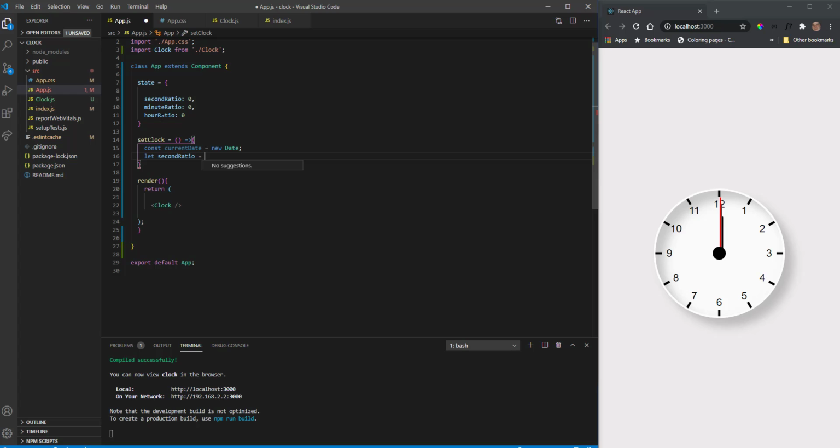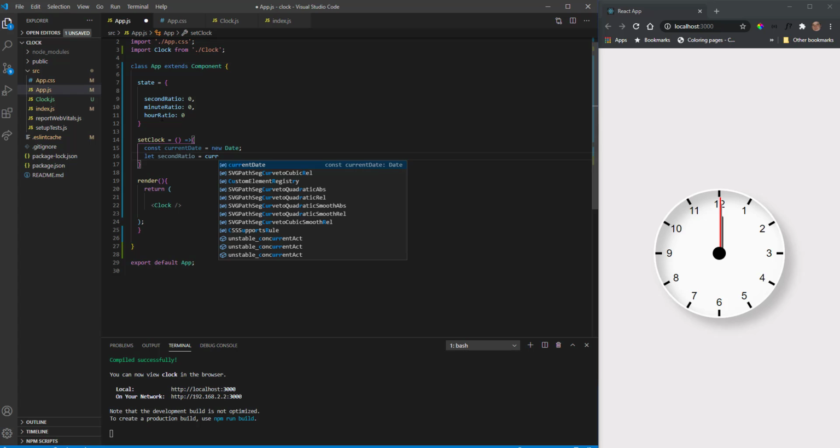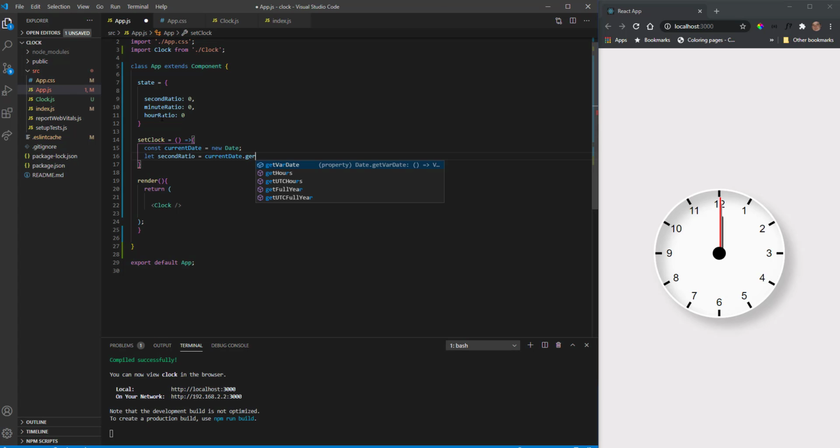Let the second ratio equal the current date. I'm going to get the seconds, and I'm going to divide that by 60. I want to set another variable, the minute ratio. Now that's going to be equal to the second ratio